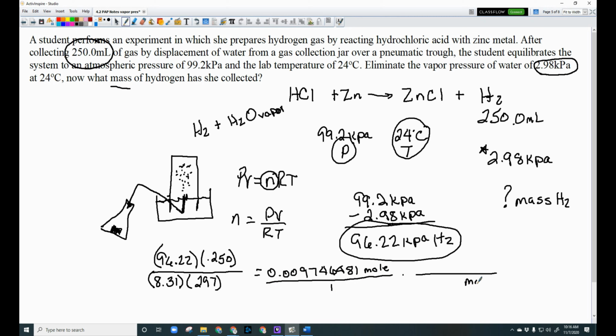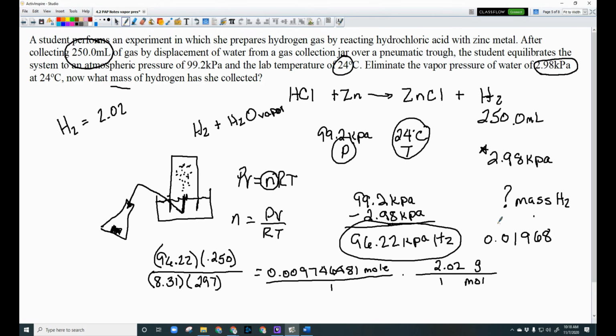So we want to get rid of moles, put it on bottom. We want to change it to grams. Grams per mole is a molar mass. So for 1 mole of hydrogen gas, remember it's H2, that's going to be 2.02. So we need to multiply what we got on our calculator by 2.02. We're going to get 0.019687. How many sig figs do we need? Let's see, here's 2.